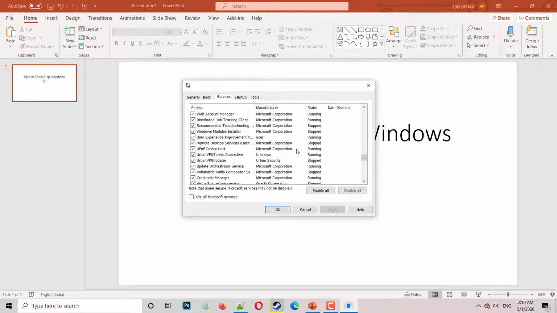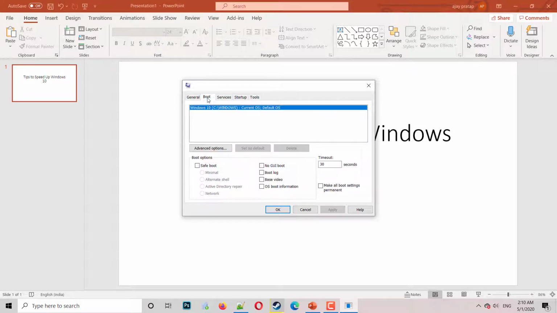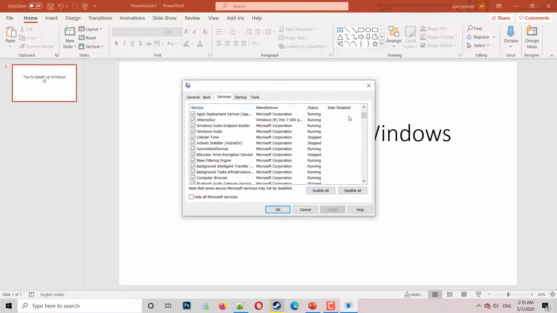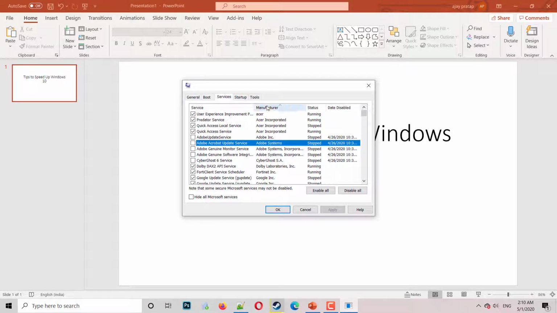These are the services which start at the time of the operating system. So you can check which services need to start. Never disable the services from the manufacturer. If you see, my computer is from Acer, so there are several services that come from Acer.